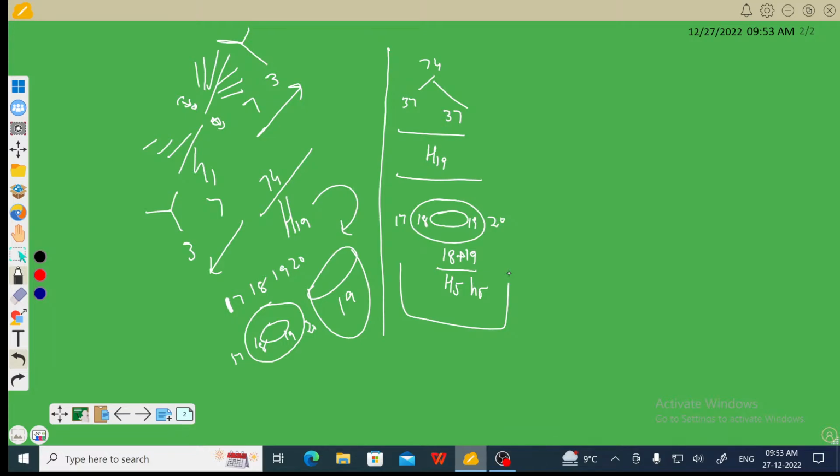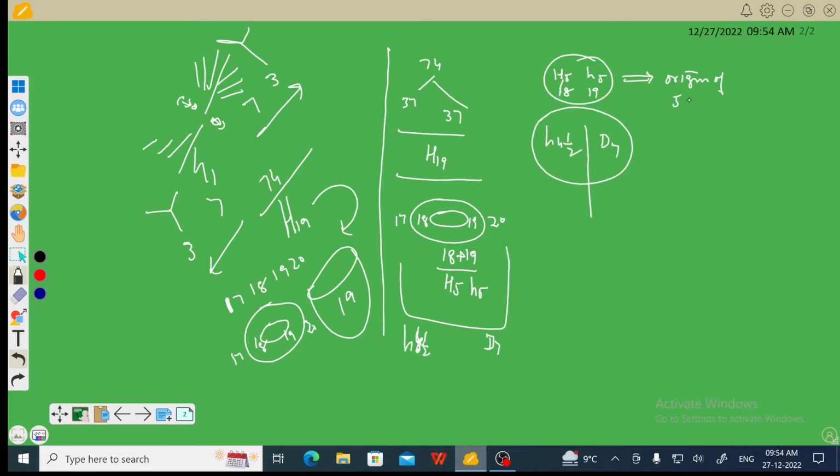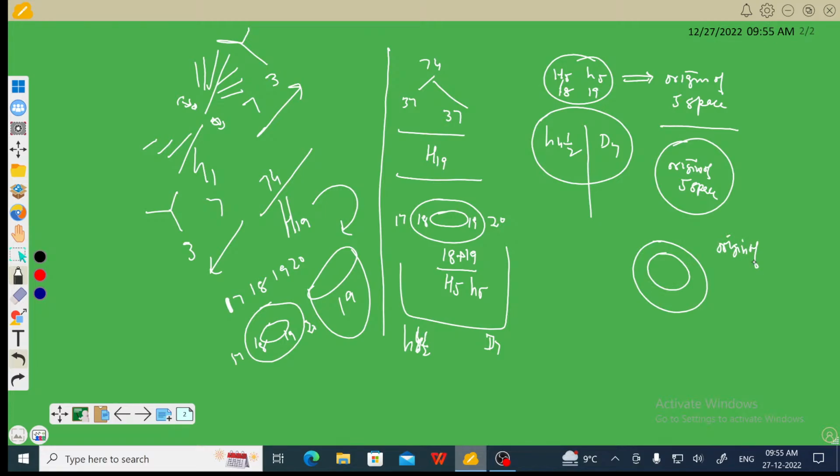It is this feature which is playing the role of an origin of 5 space, and it also is the outer fold of origin of 5 space. So the origin is having a pair of folds. It is this feature that there are pair of folds for the origin of 5 space. It is this pair of folds of origin of 5 space